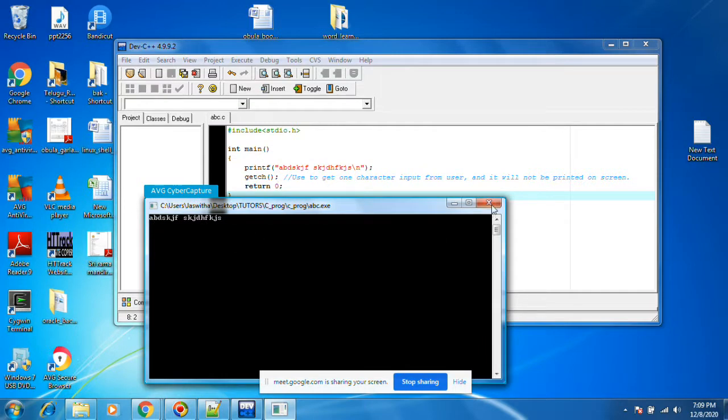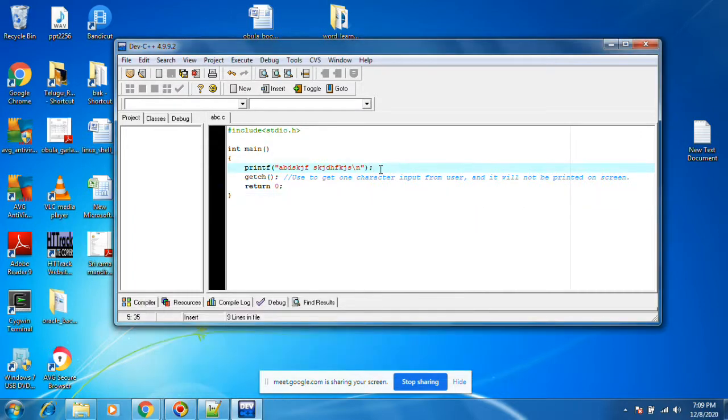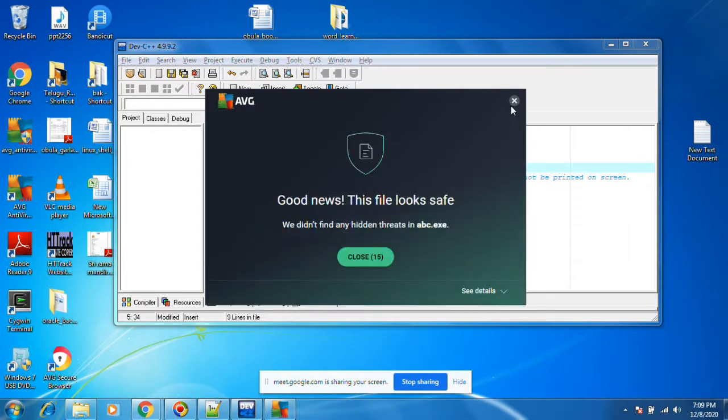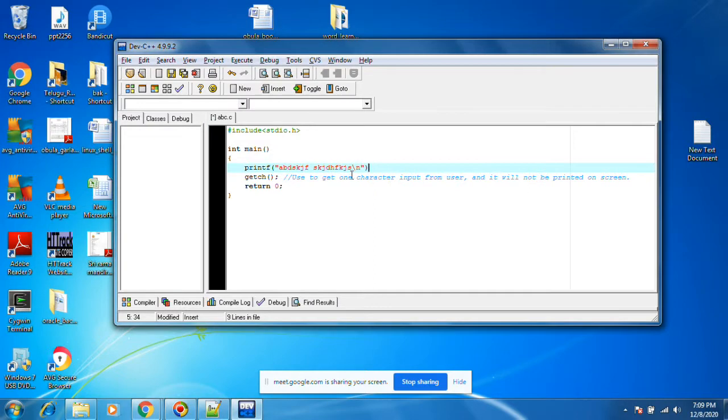Okay, now let's see if we have any compile errors. How could it happen? Just remove the semicolon. I just removed the semicolon. Save. And then this should throw a compiler error, because every statement in C should end with a semicolon. This is a function, and these are statements.